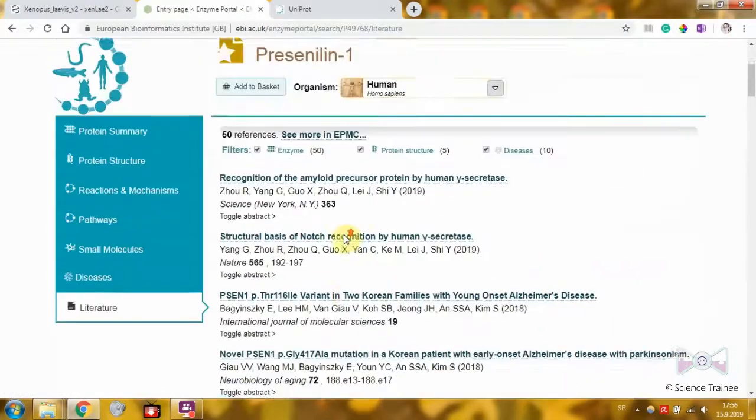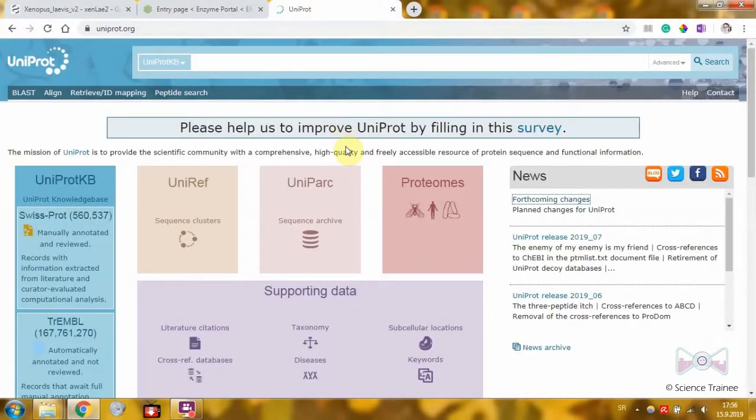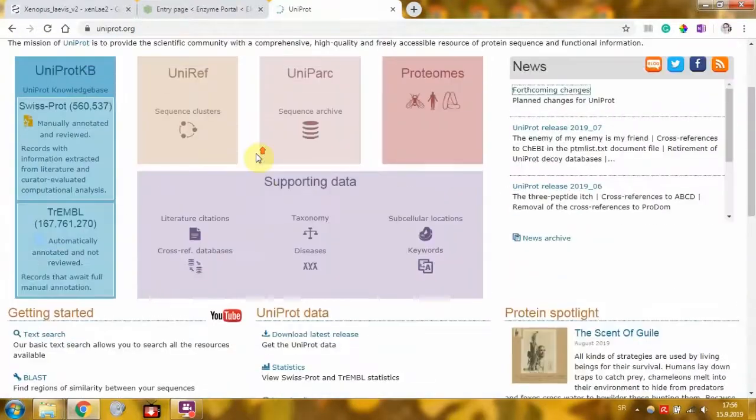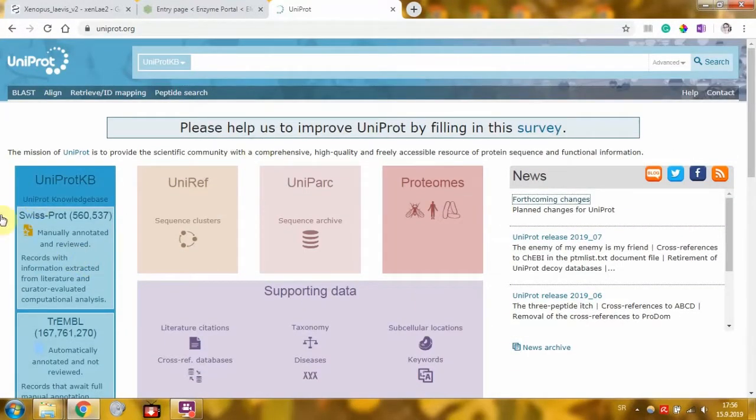And the last one, UniProt. UniProt is usually used for proteins. So you can search proteins here. For example, look at this Swiss-Prot. It's manually annotated and reviewed. Wow. So it's not automatic but manual. Can you imagine it? Isn't that